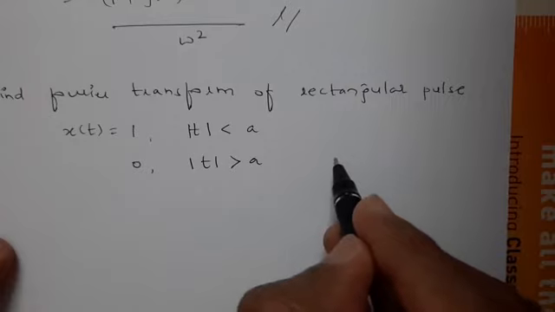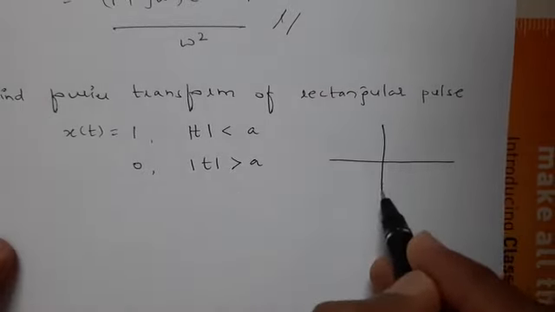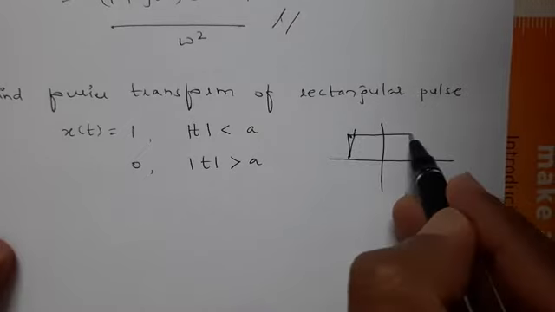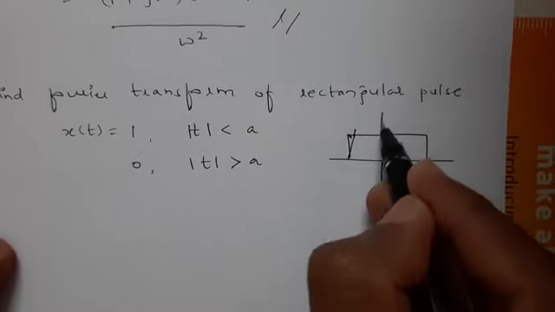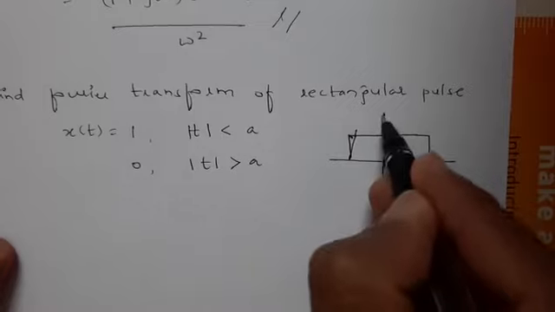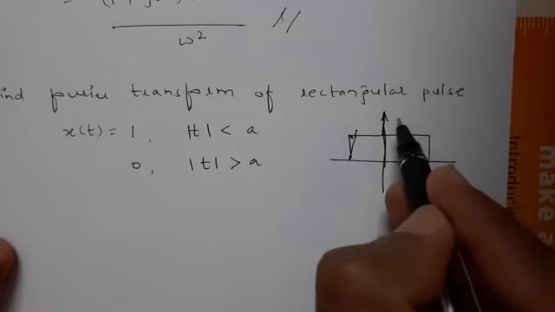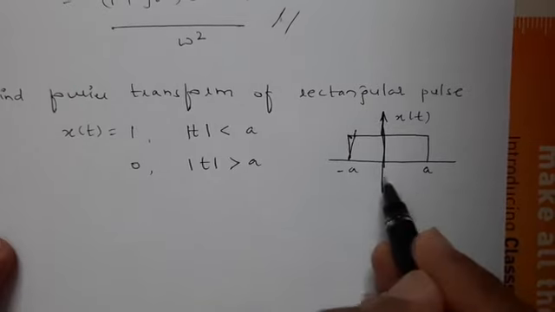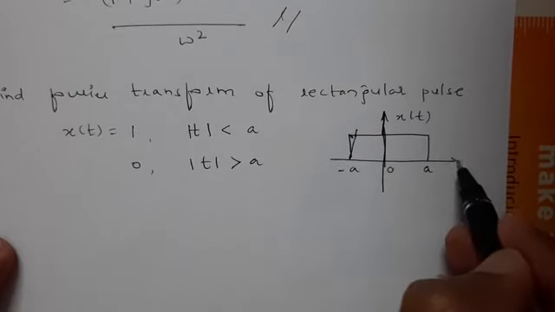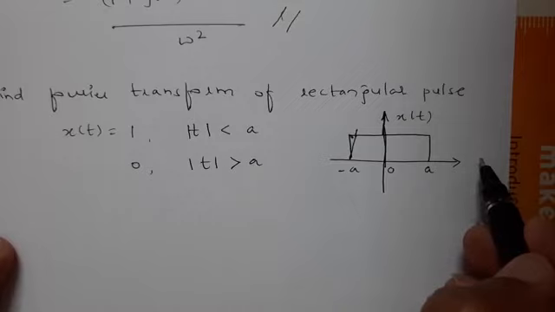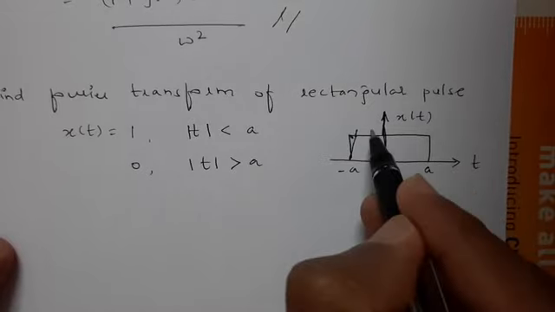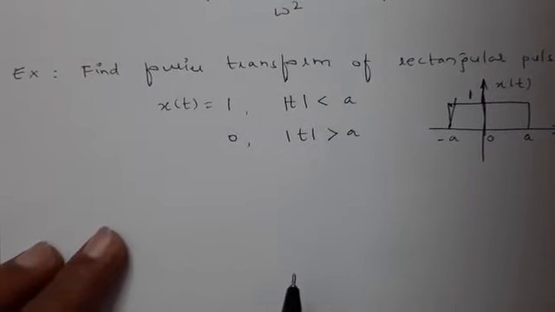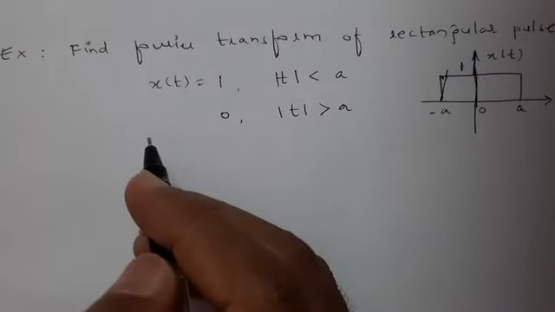Basically they are telling that x of t is something like this. This is your x of t from minus a to plus a. This is 0. This is your t. Its amplitude is 1. So what they are telling, what I will do is